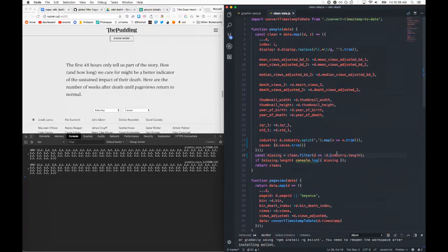Let's see. D dot. Oh, right, because it would be a length of 1 still, it'd just be empty. Ugh. I should have really. It's making my life harder here. D dot industry of 0 length.